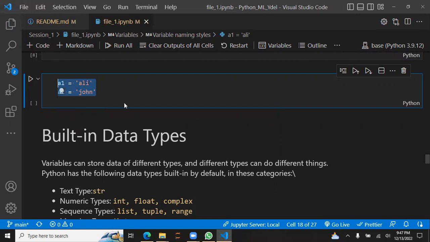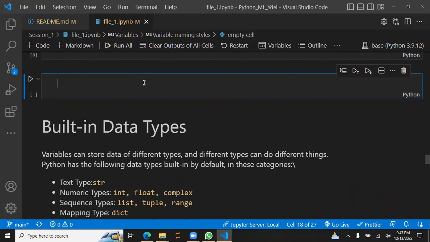So they created a data type which could store some kind of sequence or many things in one container or one box, and one of that is list. So how to create a list? We could just say